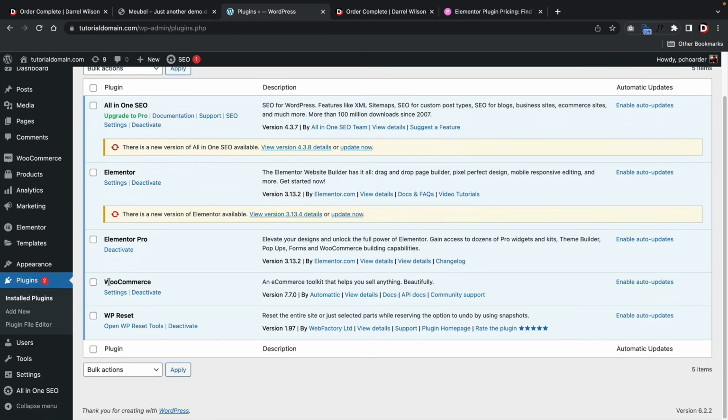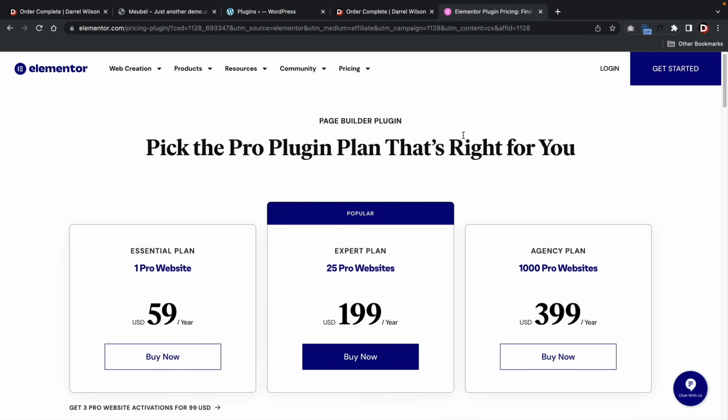So right here, WooCommerce. Now also, you will need to have Elementor and also Elementor Pro. Now Elementor Pro is the pro version of the page builder that we're using, and a lot of the pro elements like the shop page builder and the theme builder are using the Elementor Pro features. If you do need to purchase Elementor Pro, which I highly recommend everyone does because it is the number one best page builder for WordPress, you can click on the link in the description, and here are the pricing